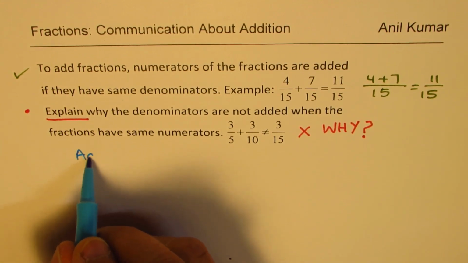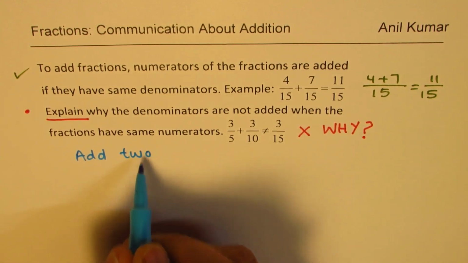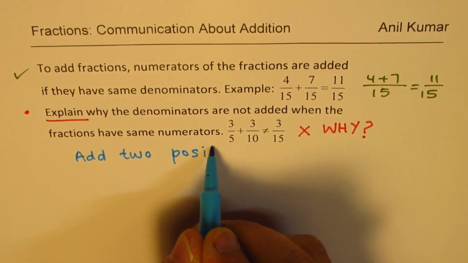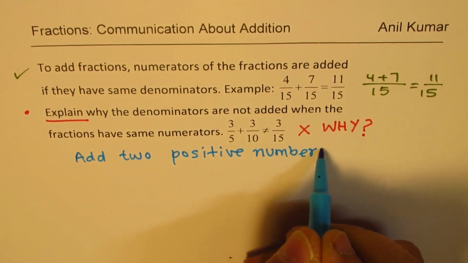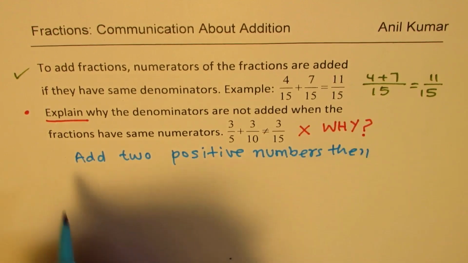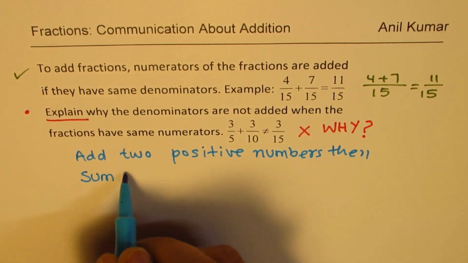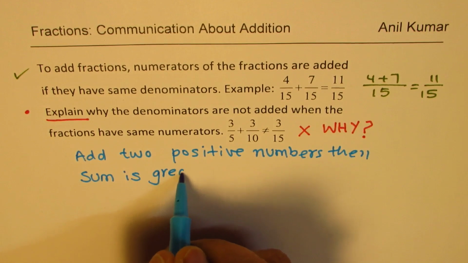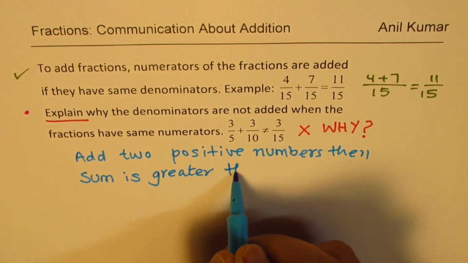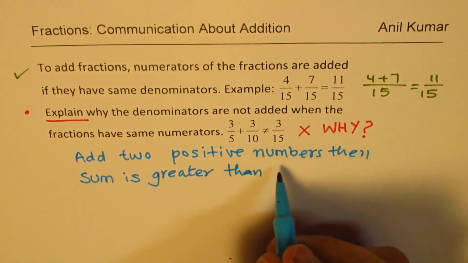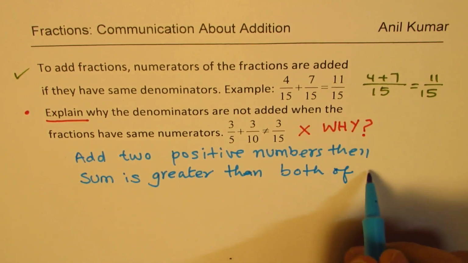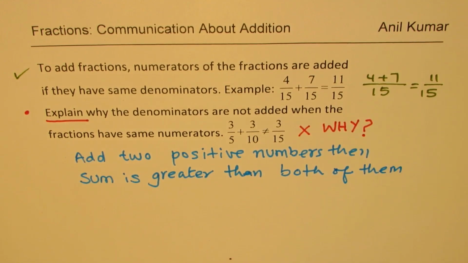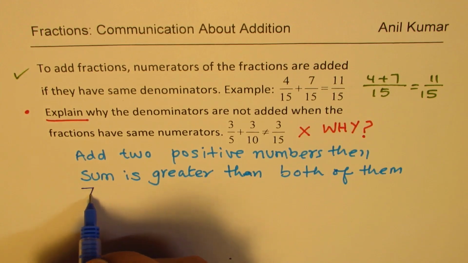When you add two positive numbers, then the sum is greater than both of them, right? Correct? So what I'm trying to say here is that the rule is that if I add something to 7,